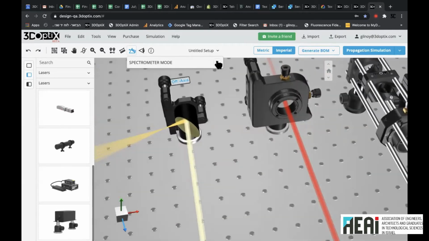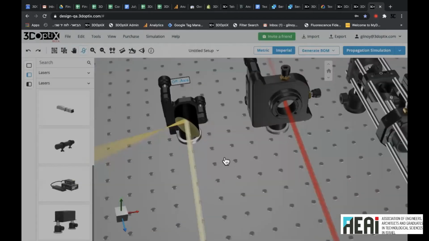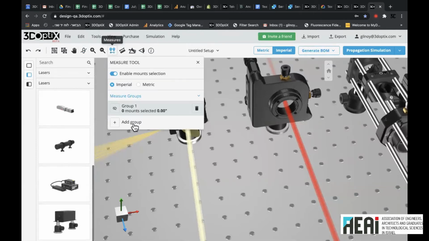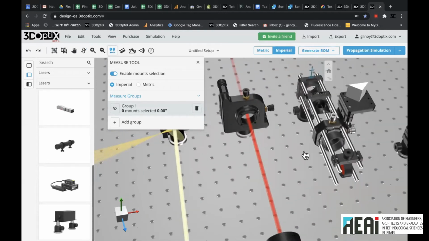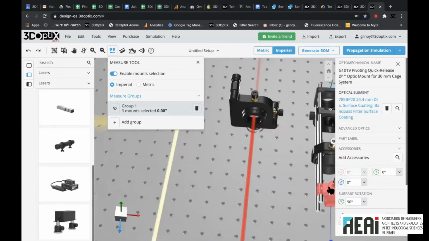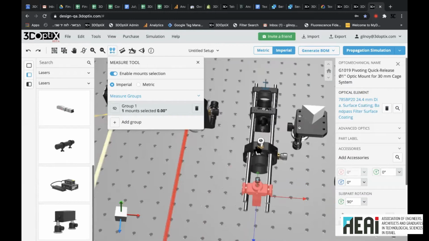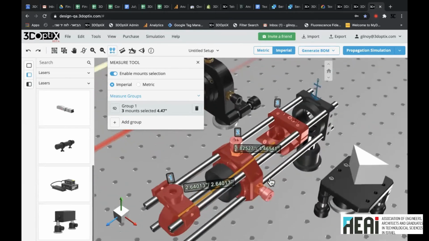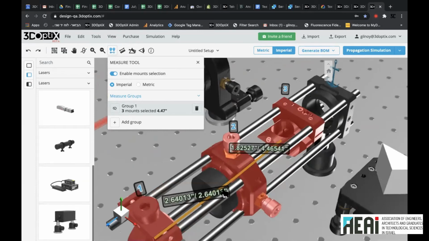To exit from the spectrometer mode, I would press the X and confirm. I also have here two other modes. One is the measurement mode. You can see that it's divided to groups. So I can go over here, select this mount, select this mount, and the third one, and I can see that I have a distance in